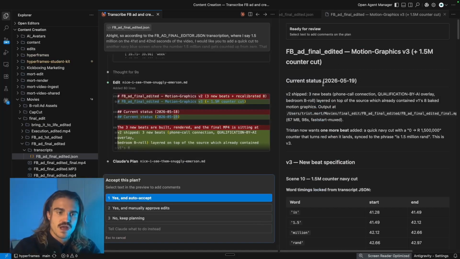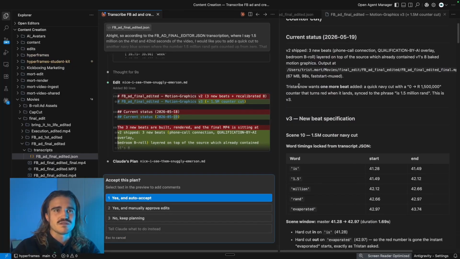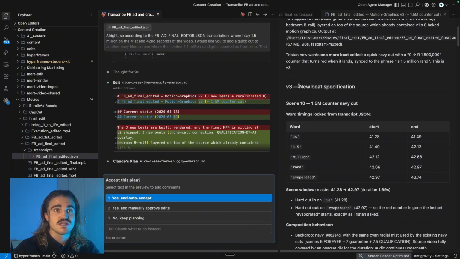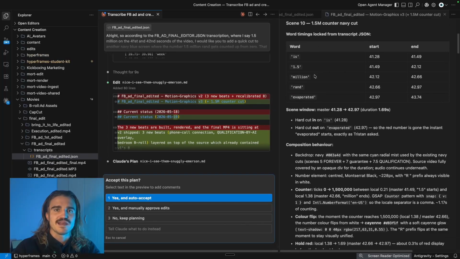All right, so now it has the plan on the right side of the screen. Just make sure you skim through it. You don't have to read it word for word, as we're trying to be time efficient here in the first place, which is why we're editing with AI. You don't want to clock up time just by reading a plan that is or isn't sufficient.